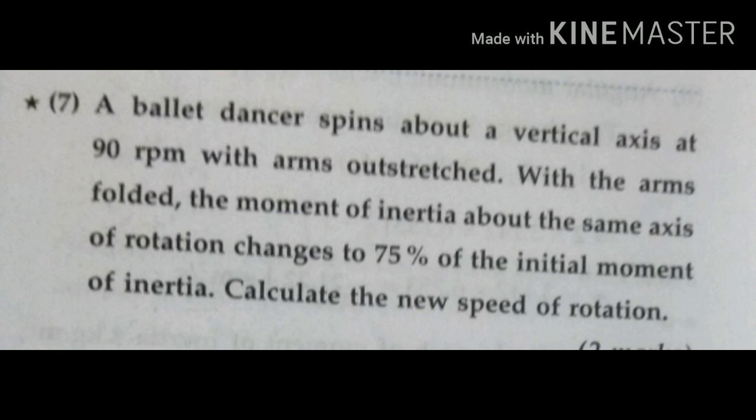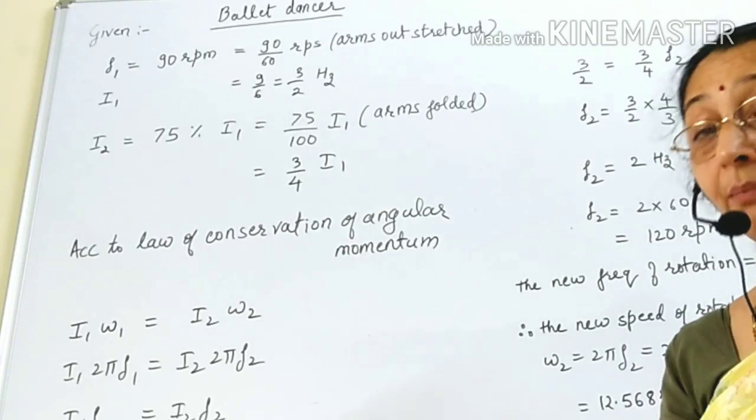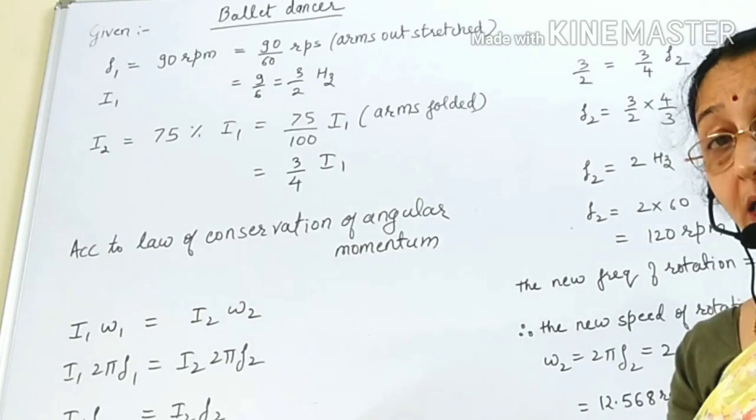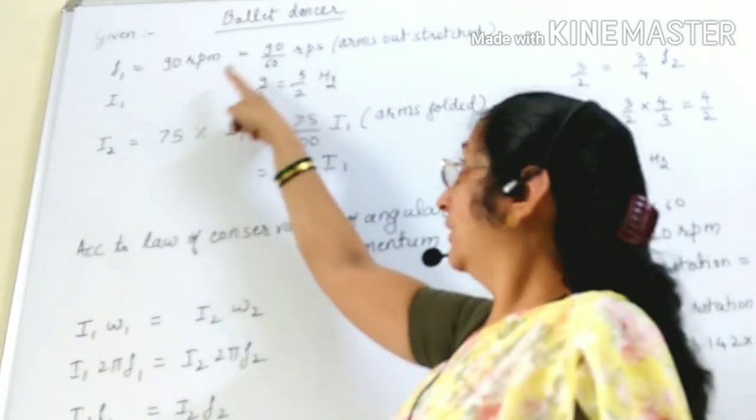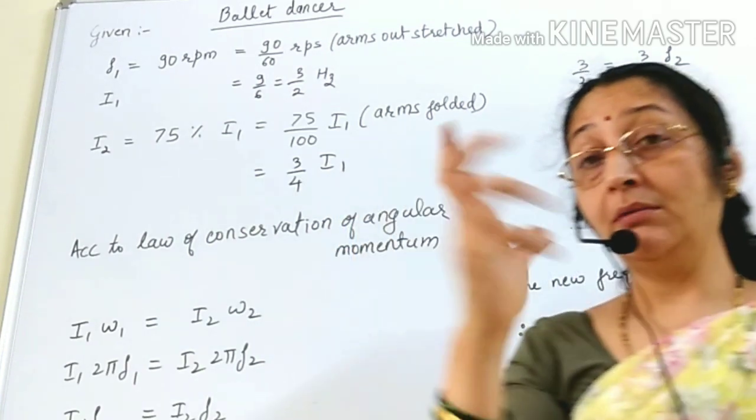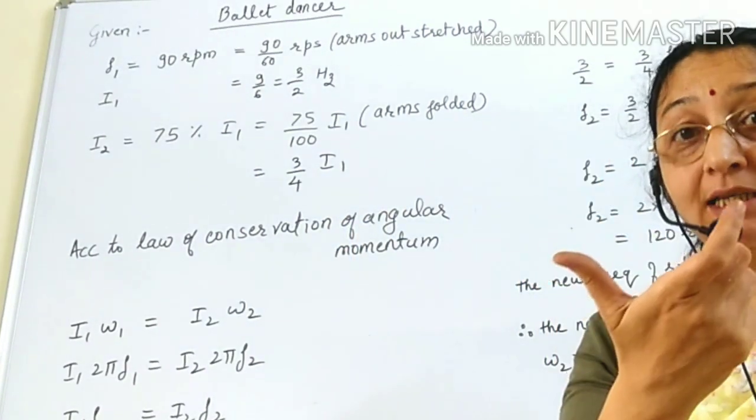A ballet dancer spins about a vertical axis at 90 rotations per minute with arms outstretched. With arms folded, the moment of inertia about the same axis of rotation changes to 75% of its initial moment of inertia. Calculate the new speed of rotation. The problem is about a ballet dancer who is spinning with 90 rotations per minute